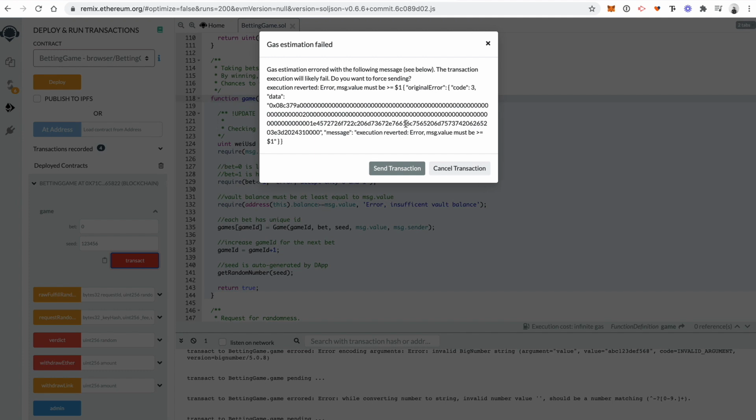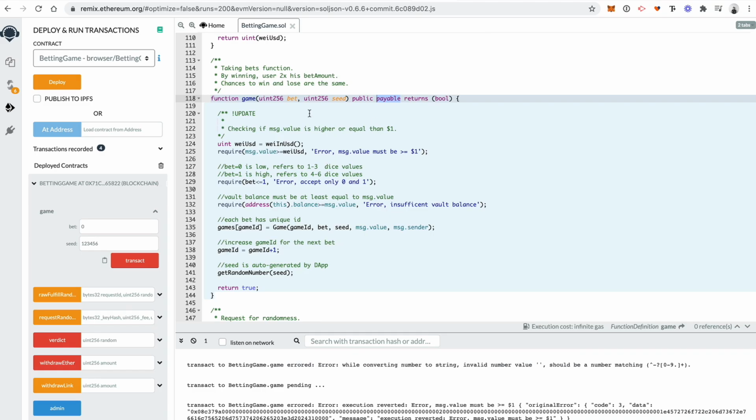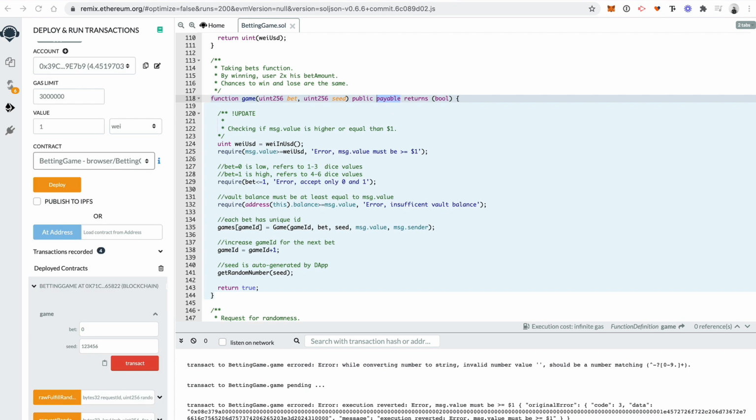And then we can see our error here. MSG value must be greater than $1. See, that's awesome. So Remix is returning the error in our smart contract code. Okay, that's awesome. Let's actually make it